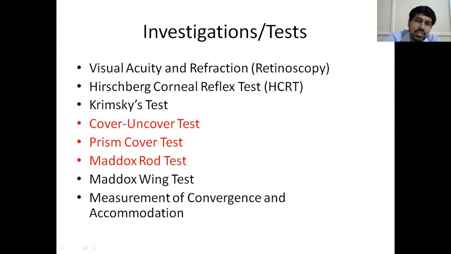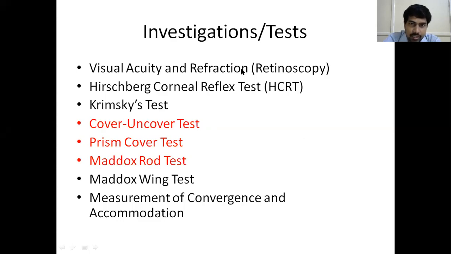So in exam, mostly they will ask you about this visual acuity. It is common for cataract and practical examinations. For everywhere, they will ask you visual acuity. And this refraction, they will ask you some part that they will cover in the refractive errors chapter. And this Hirschberg corneal reflex test, they will ask you. And cover uncover test, they will ask you. And Maddox rod. So these four are important.